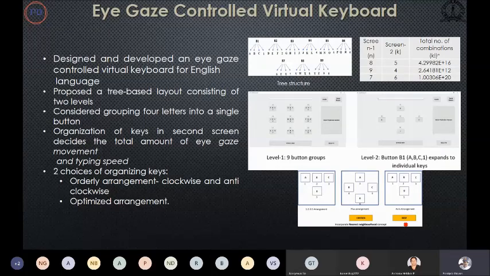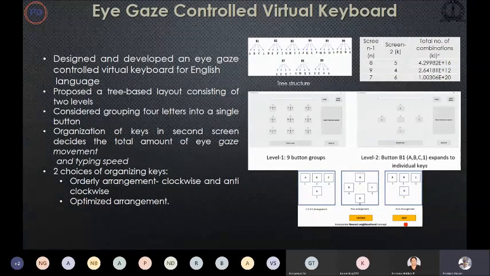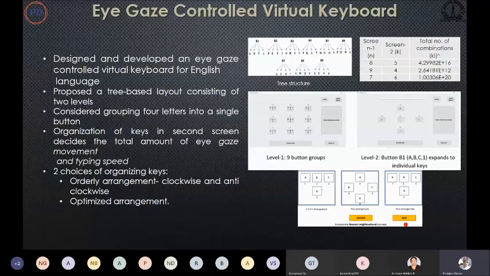So we developed a two-layered approach in which we divide the keys into two sets of keys. In one screen we put only nine buttons, and these nine buttons came from our earlier user studies based on the minimum inter button spacing. And when they select one of these nine buttons, there is a second screen where we show four or five buttons, and from that they have to select one. Right. So this is the basic notion. It is like a tree structure: I have nine buttons, and each of these buttons has four siblings, and we have to place these four siblings.